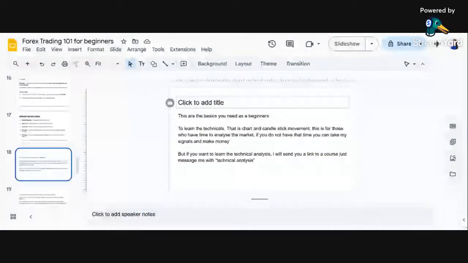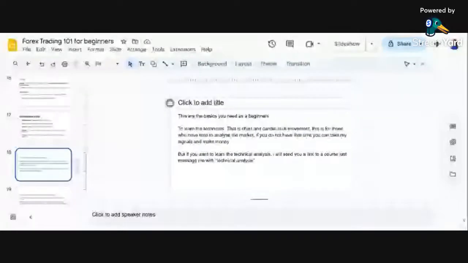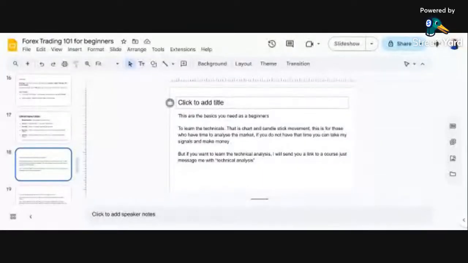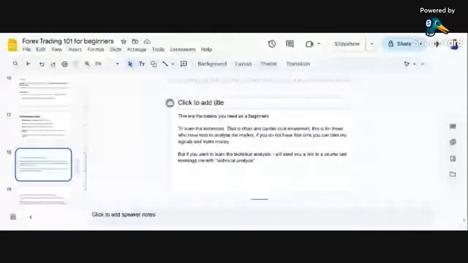These are for those who want to analyze those charts and want to be like a technical analyst, right? That's if you do have the time to learn it, because it will take you approximately 6 months to learn that. But if you want to make money immediately, without having to learn technical analysis at all, you can